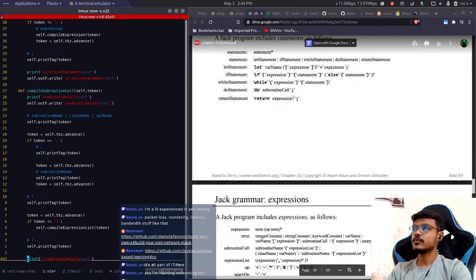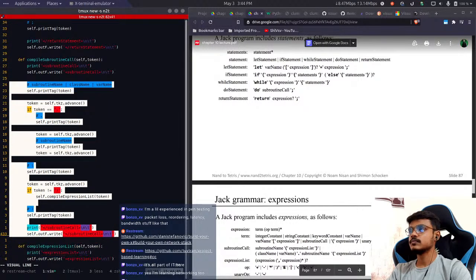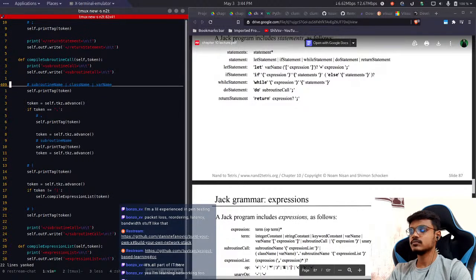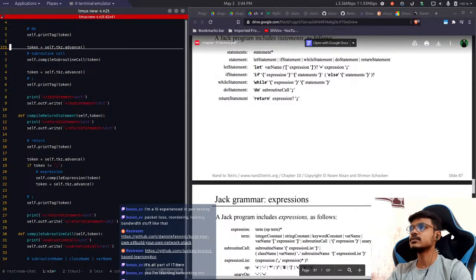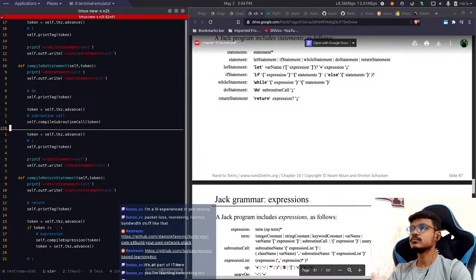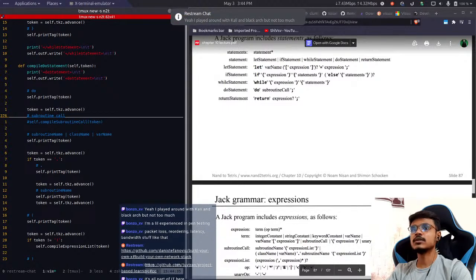Let me copy all of this code and paste it in the do method itself. Okay, when we do token advance,